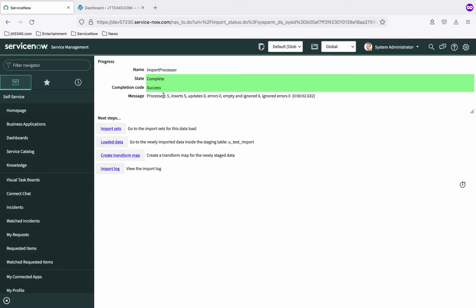And when it's all done, we'll get a nice message here that tells us it completed successfully, and it shows us that it processed 5 inserts. It processed 5 records, and it was 5 inserts into our staging table. So very good. So we're now going to return to our data source,